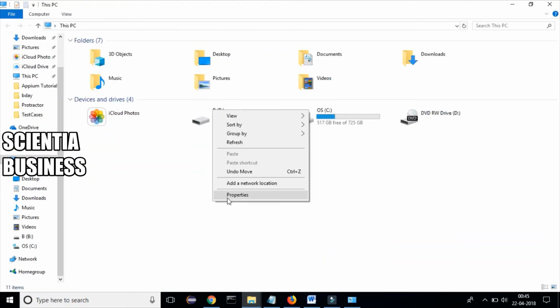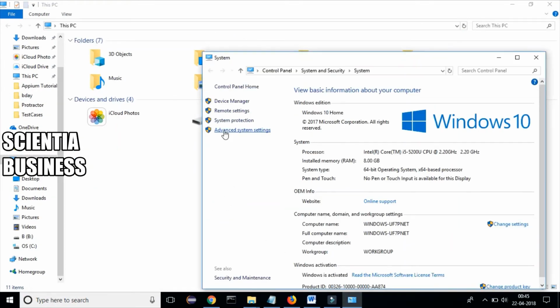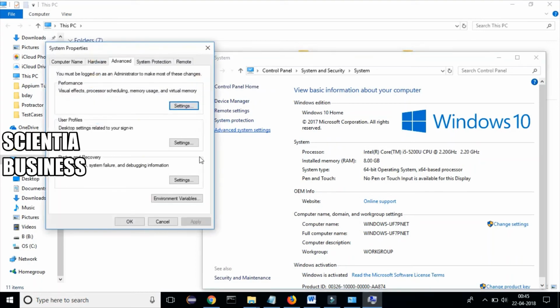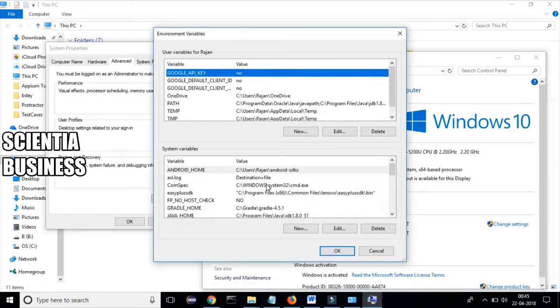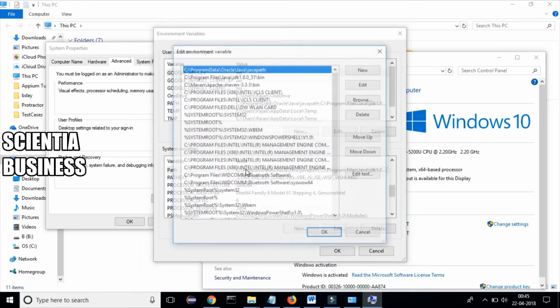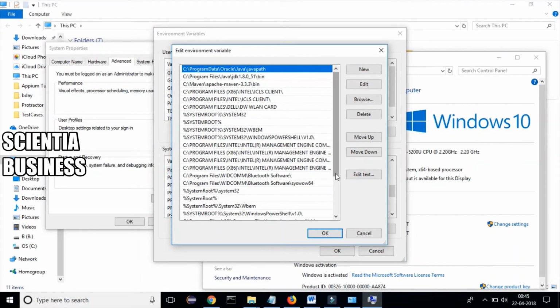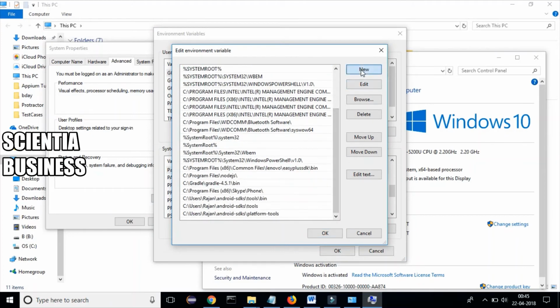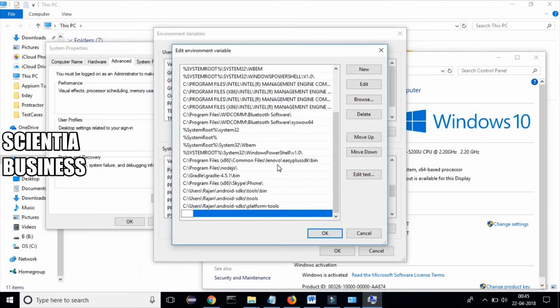Again, click on Properties, go to Advanced System Settings, Environment Variables. Here you need to find a variable known as Path. Just click on it, and here at the end you just need to paste this path, right? Just like this.